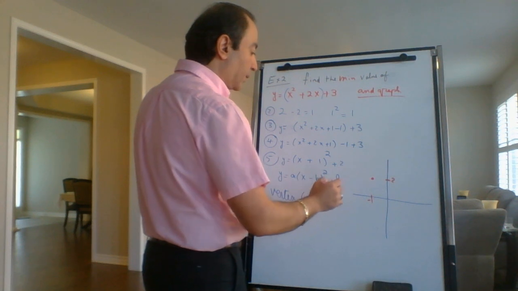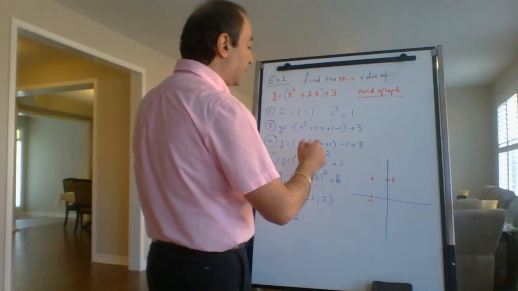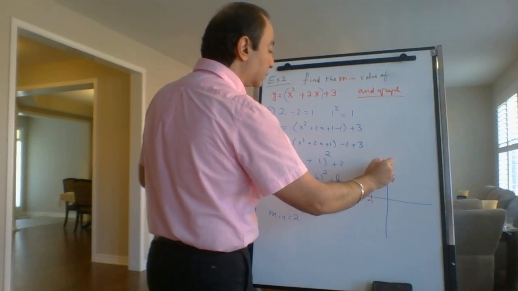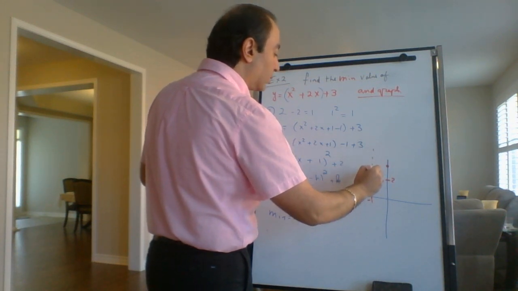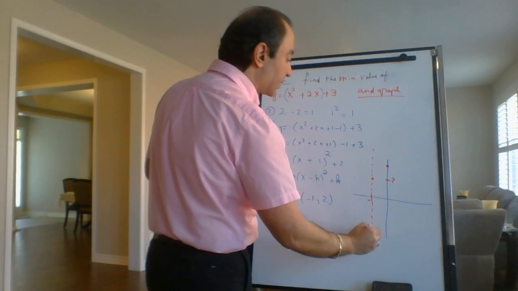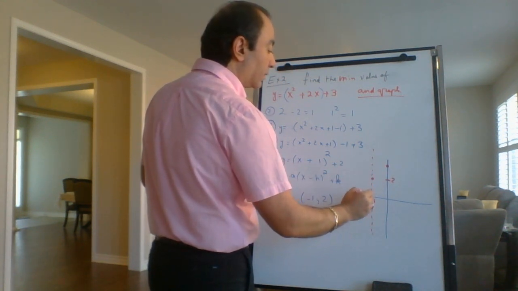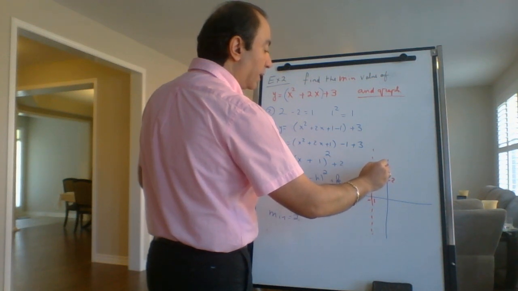It opens up. I know that I have a y-intercept at 3. And I know that I have an axis of symmetry passing through the vertex. So this is -1. So if I have a point at (0, 3), because of symmetry, I will have a point